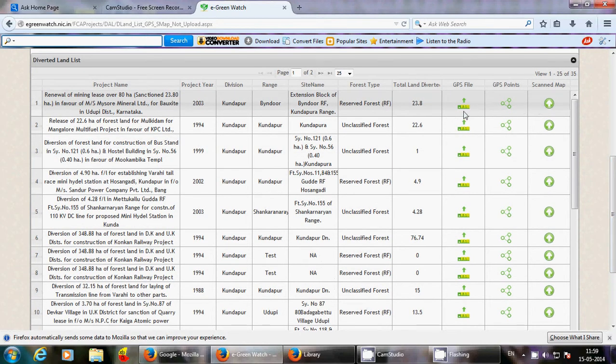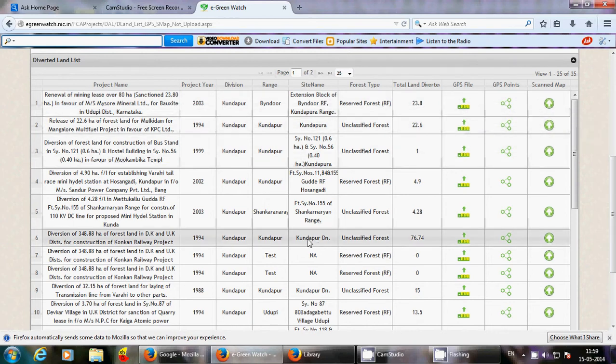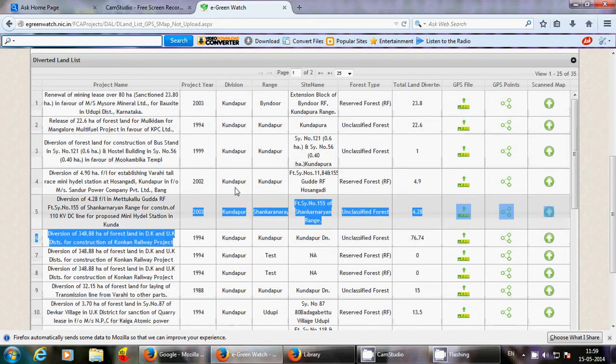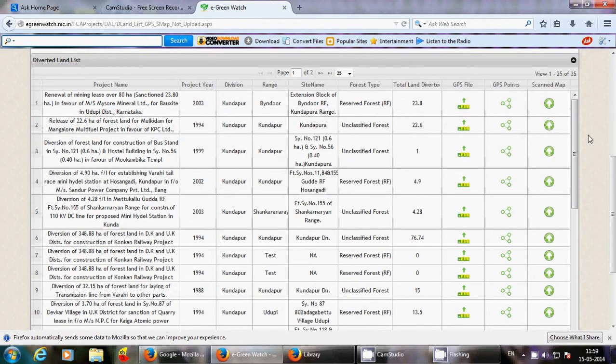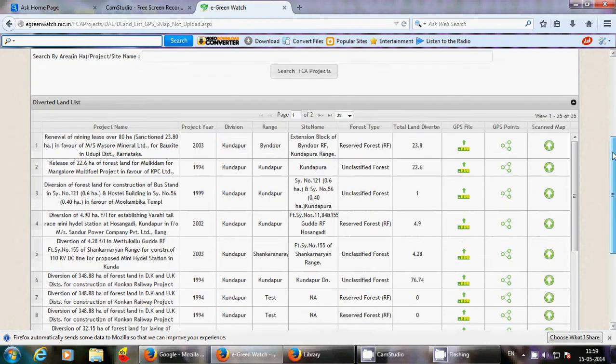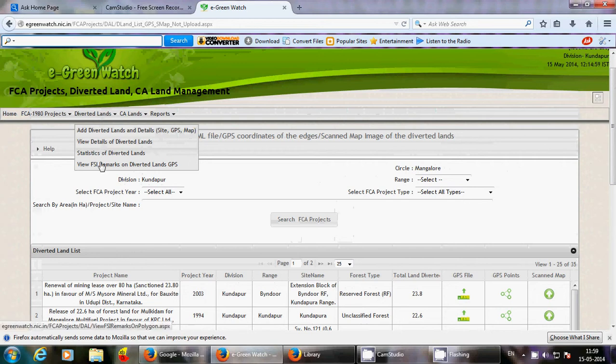These can be uploaded likewise over here in one stretch. If you take all the details of these projects, you can sit for a while and upload all the GPS readings and the scanned maps at once through this page. And then, view FSI remarks on diverted land details.